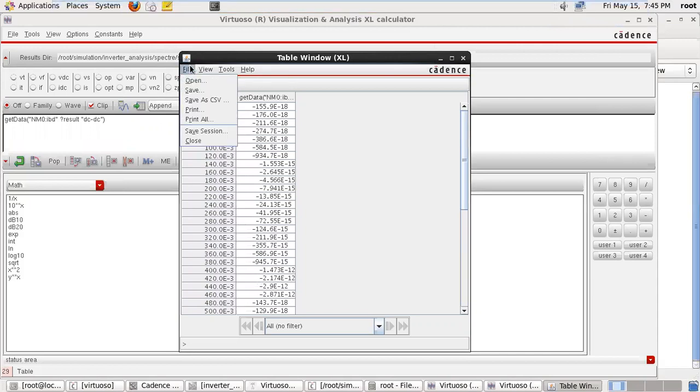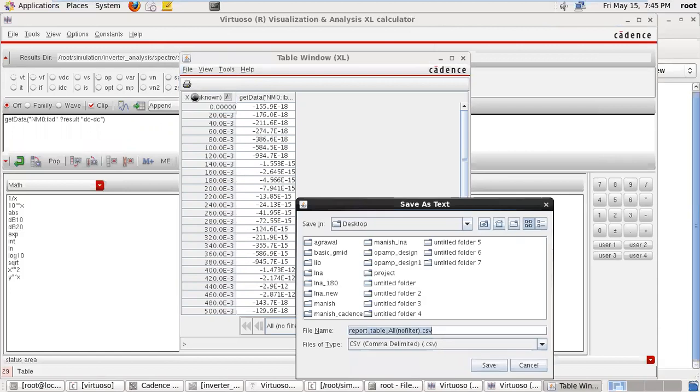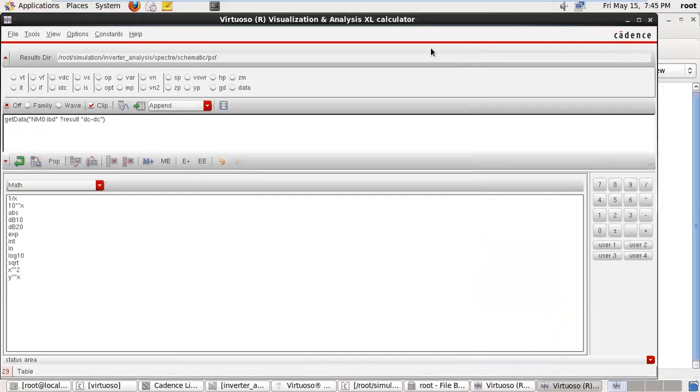So from file we can save this as a CSV file and extract it in the main window. If you save this, then at any location, if you want any tabular form data, you can get that data using this.